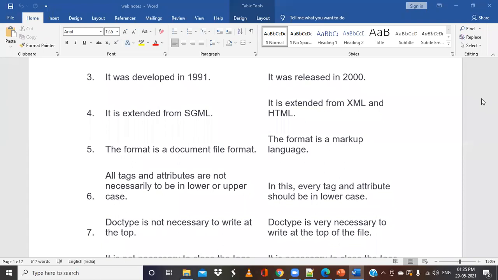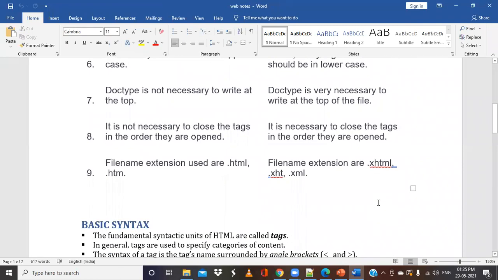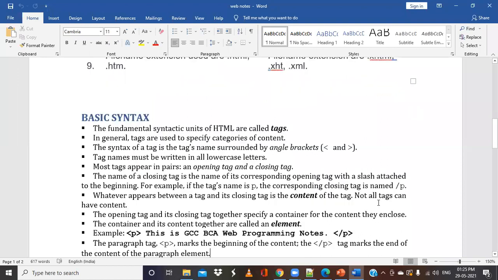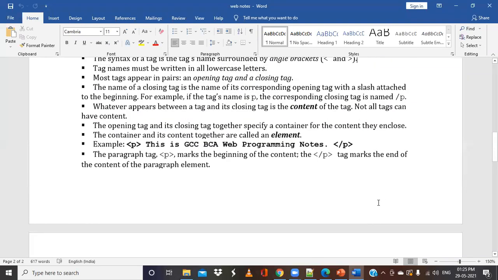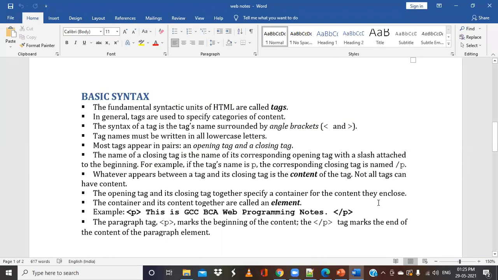So let us go ahead with the basic structure and basic syntax of an HTML program. In today's class, we'll understand these basic things. The fundamental syntactic units of HTML are called tags.